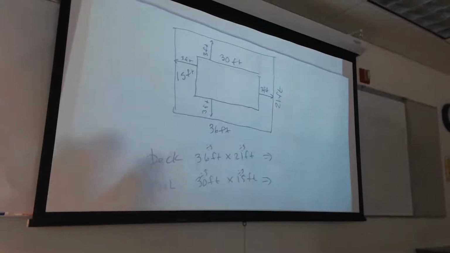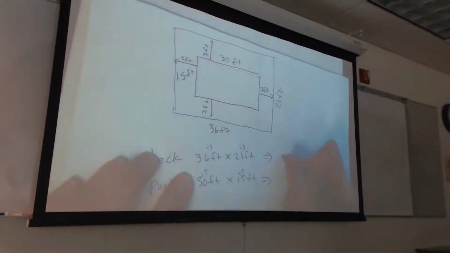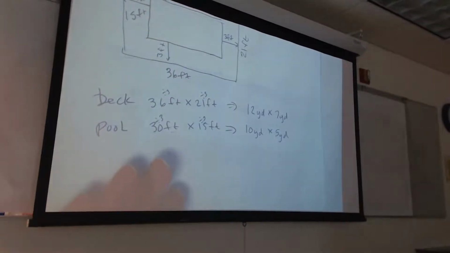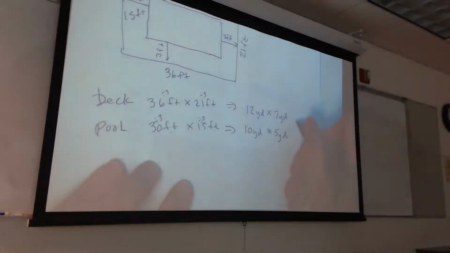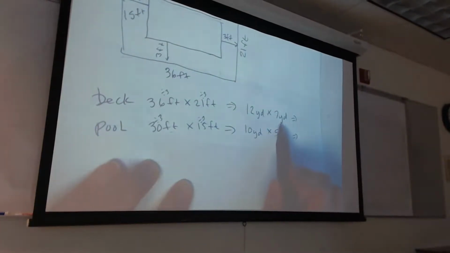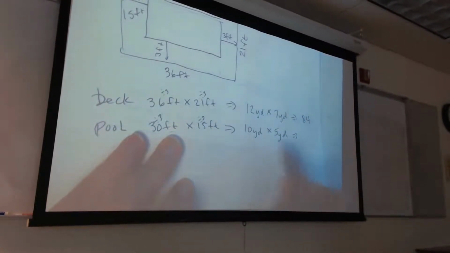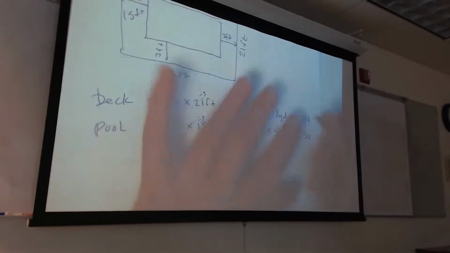So my deck is now a 12 by 7. And my pool is now a 10 by 5. Are we with you to there? Good? All right, keep on going. So now what's the area? 12 by 7 is 84. And 10 by 5 is 50. So I now have